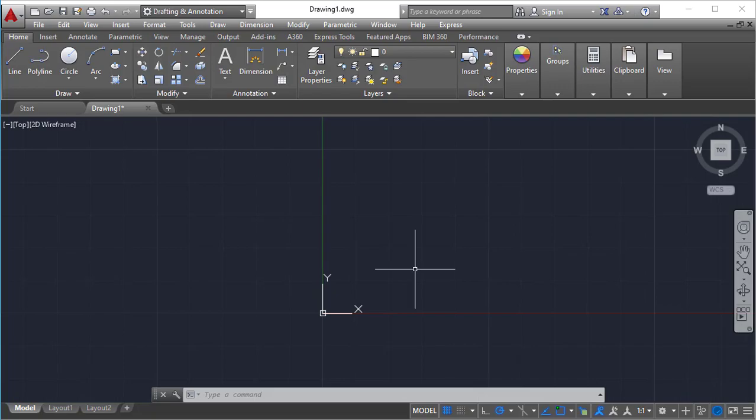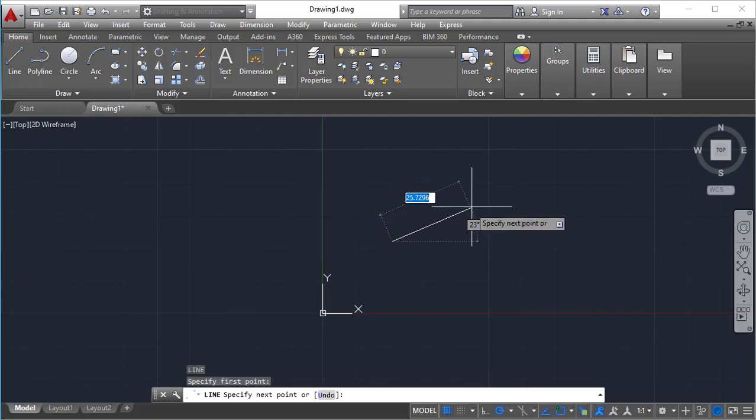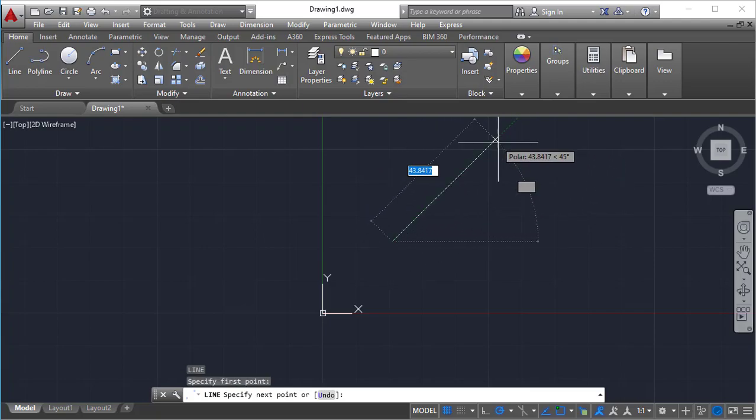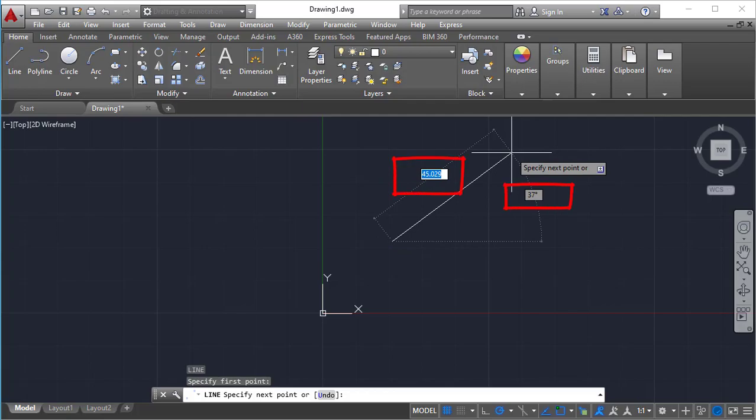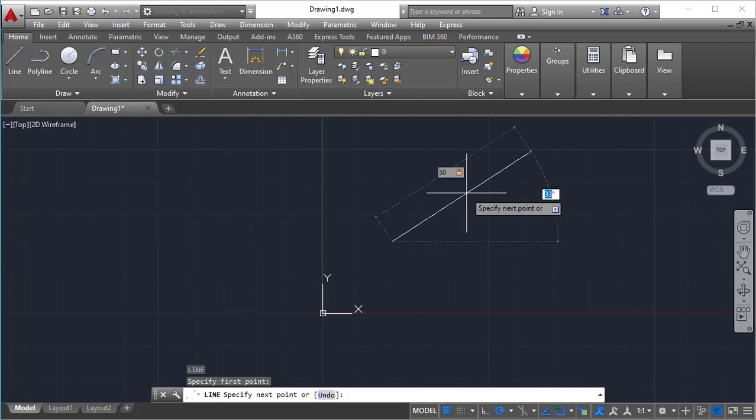One more thing is, while in operation, I am just creating a line. First point here, if you want to go to second point, it is indicating with 2 options like length and angle. You can switch between those boxes by typing tab. If you click on tab, you can change in between those 2 boxes. I just type 50 and I just click tab, not enter. Click on tab, automatically it is locked to that 50 length.